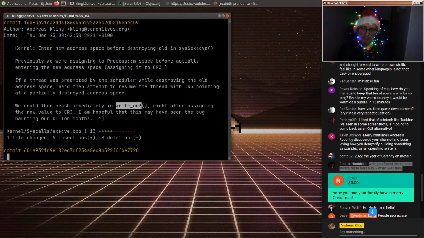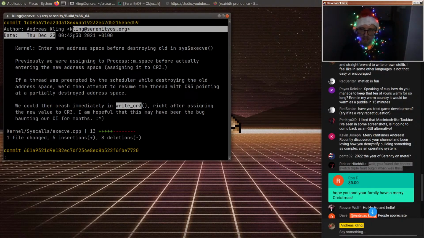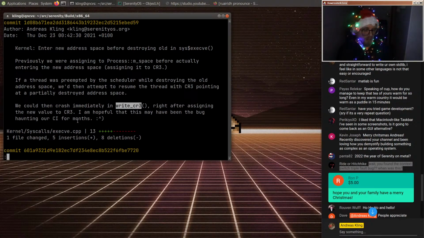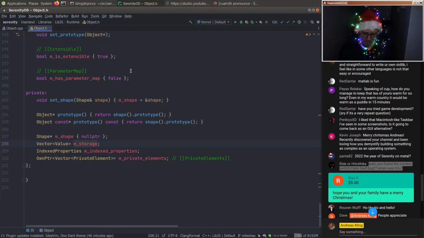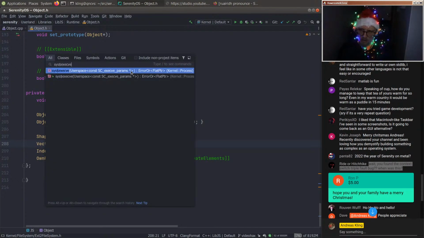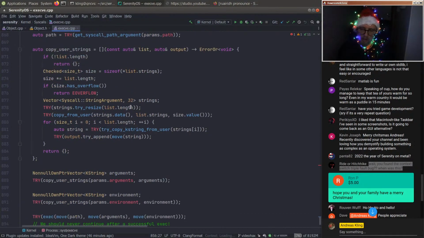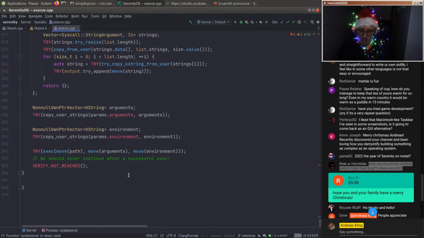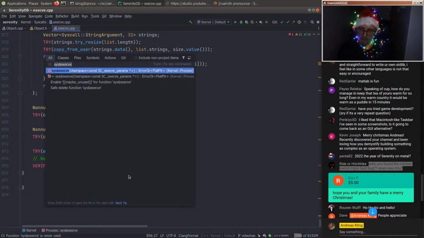So, December 23, just at the start of that day. And it was a goofy race condition. What was happening was when you exec, you don't create a new process, but you replace the currently executing binary with a different one,